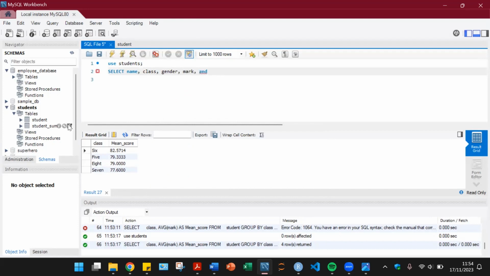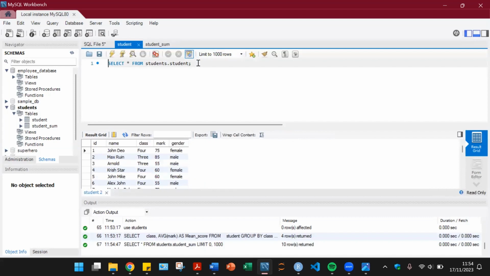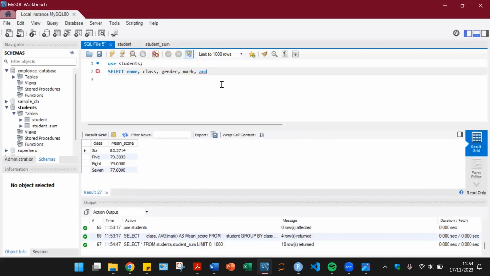And let's see, we are going to use based on this table. We have the class, we have social, science, and math. From these, they are mainly from the student sum table, and we can use an alias in this case. We can use the alias SL, and then